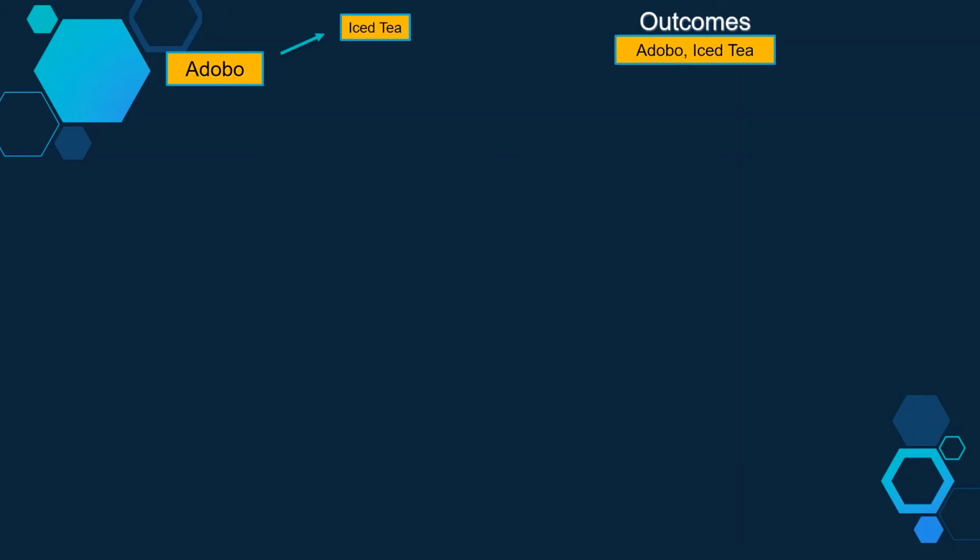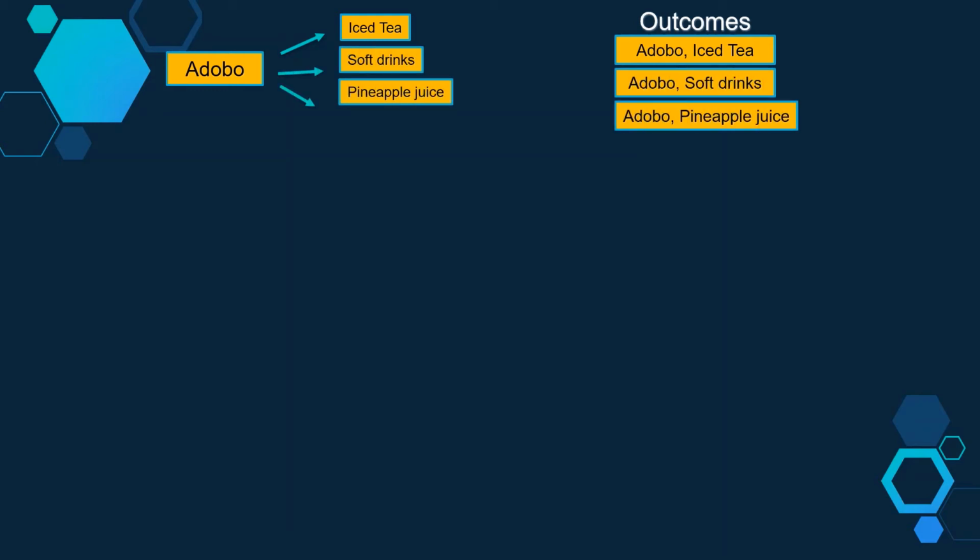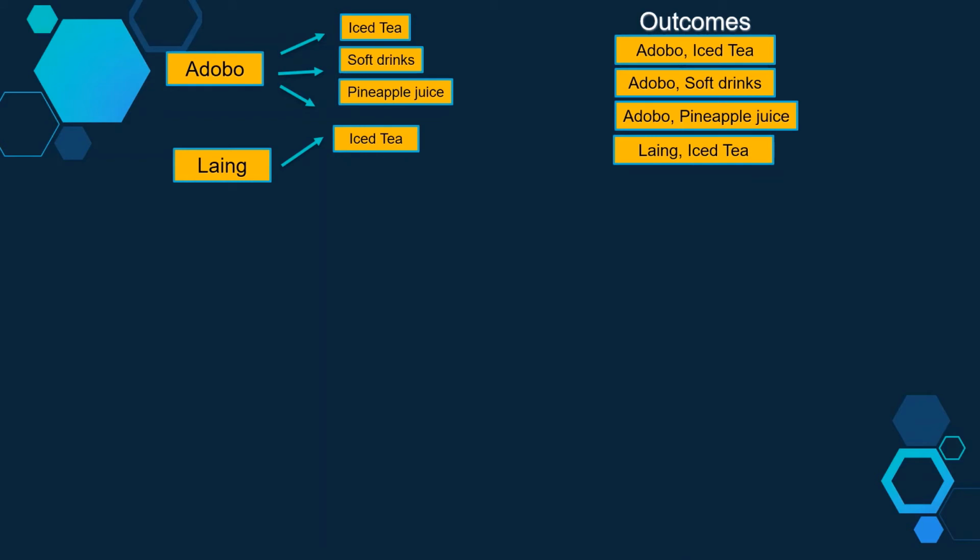Now, to see all the possible outcomes, let us construct a tree diagram. So sa unang ulam, meron tayong adobo. Ipapares natin sa tatlong choices ng inumin. So ang first outcome natin ay adobo and iced tea. And then meron tayong adobo and soft drinks and adobo and pineapple juice. The next na ulam ay laing. So paired with iced tea, so meron tayong laing and iced tea, then laing and soft drinks, and laing and